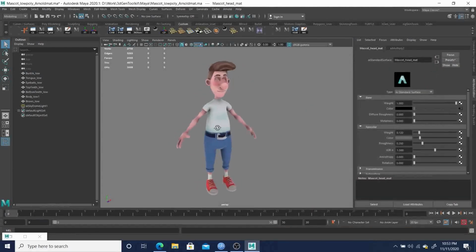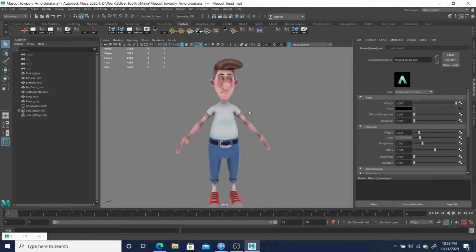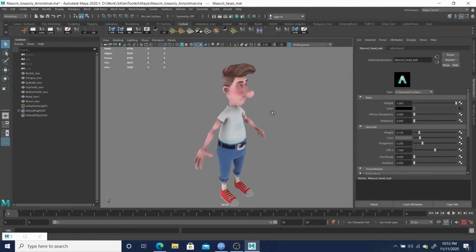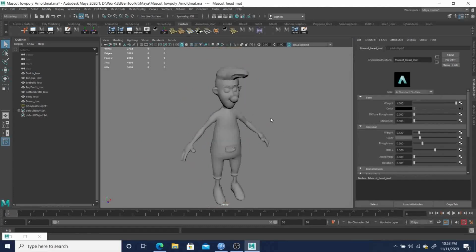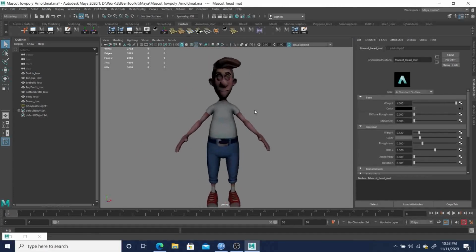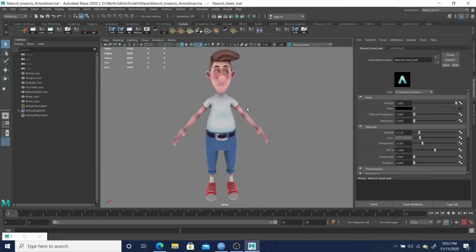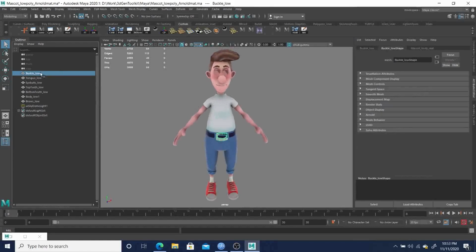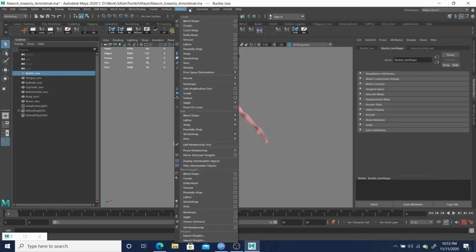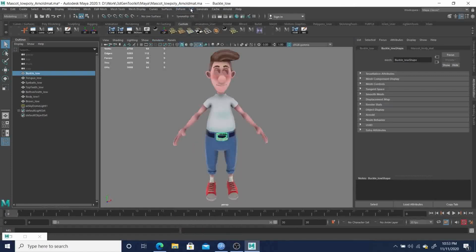Alright, so from here, I'm going to go back to just regular looking. Alright, so for the belt buckle, I just want to go to, I think I have the UVs set here, so